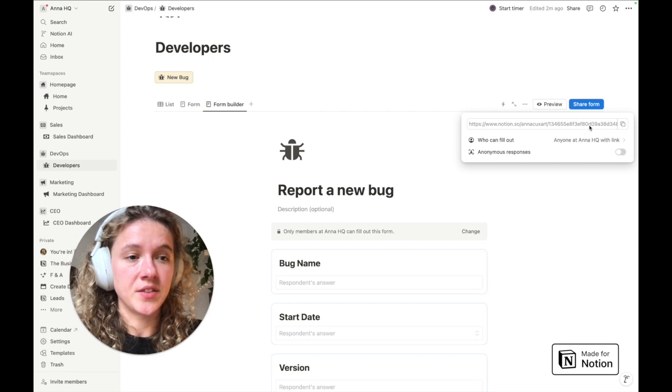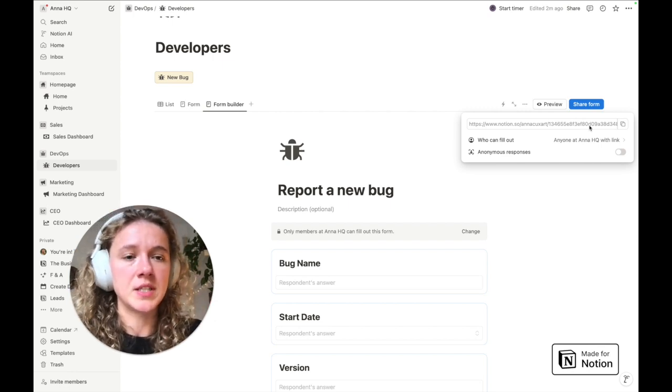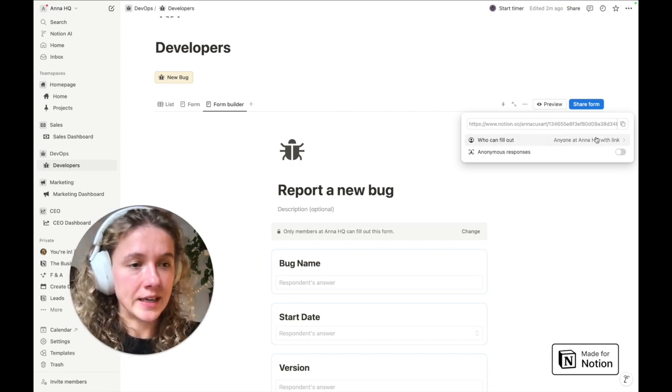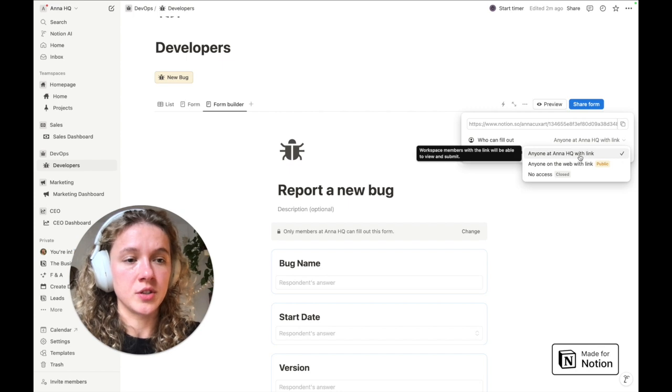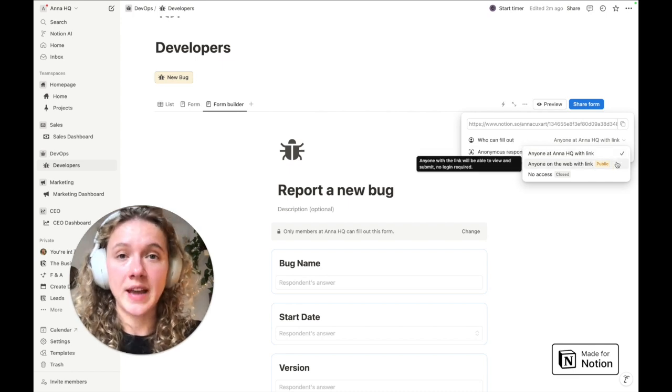The first thing that you will see at the top is the link to this specific form, so you can copy and paste it and share it with your teammates. But then you can also choose who do you want to be able to fill out this form. So if we click in here, we will have 3 different options. The first one is share it with anyone inside the same workspace, and this is meant to just be shared inside your internal team. Then we have the second option, which is literally share it with anyone in public,